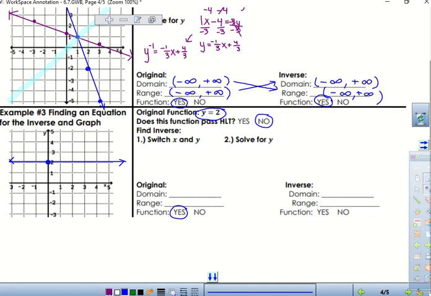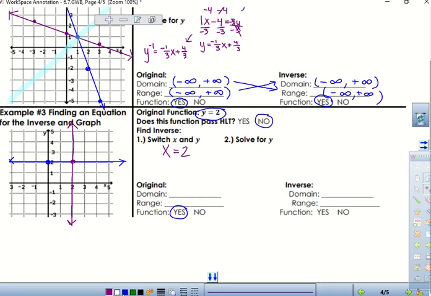Now we're going to find its inverse. To find the inverse, we flip the x and the y. So if I'm flipping the x and the y, there's only one thing to flip, right? The y is going to become an x. And there's no y to solve for, right? So we can't do anything with this, but we can graph it. Does anyone remember what this looks like on the graph? Vertical line like this. Good. So we found our function and we found our inverse,